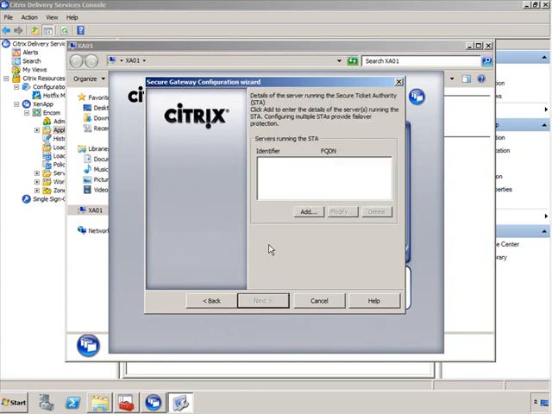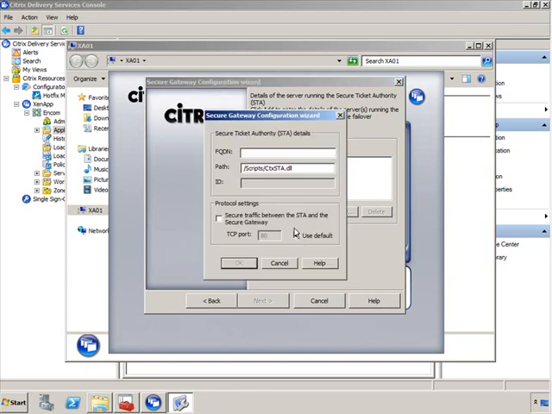Now every XenApp server in your farm runs the Secure Ticket Authority, the STA service. However, for Secure Gateway to function properly, it needs access to one or more STA servers that can be used to generate that secure ticket that can be then delivered to the user and establish that secure connection. So what you want to do here is basically give it the name of one of your XenApp servers, one or more XenApp servers. In our case, we're going to do